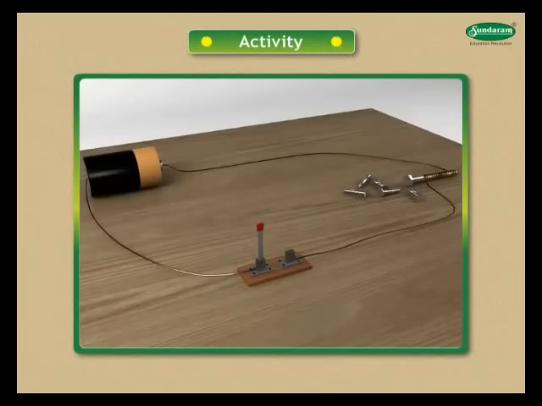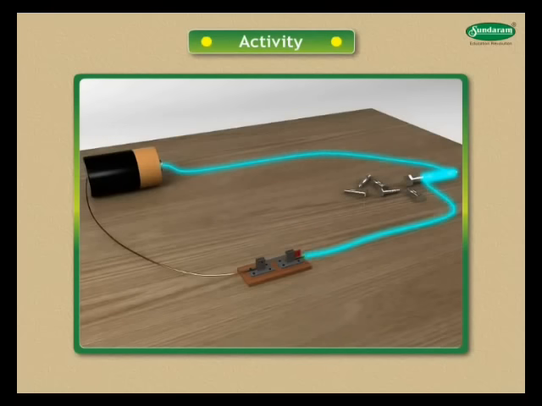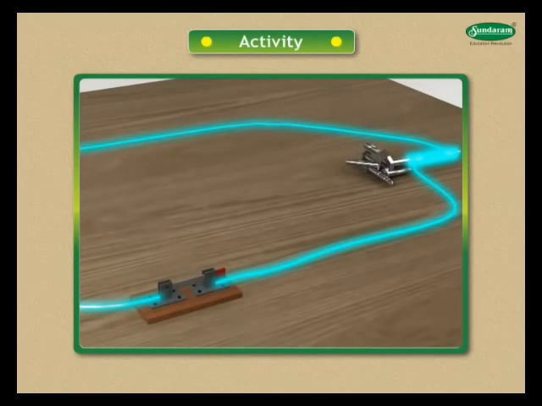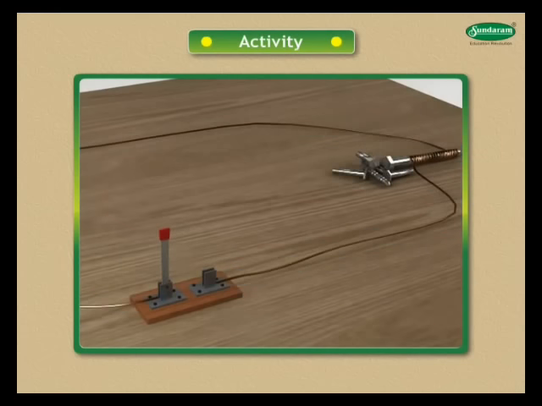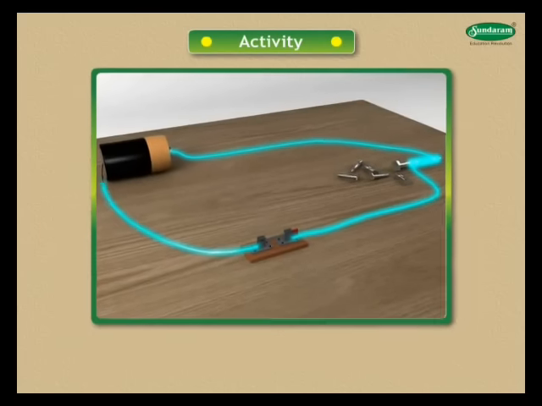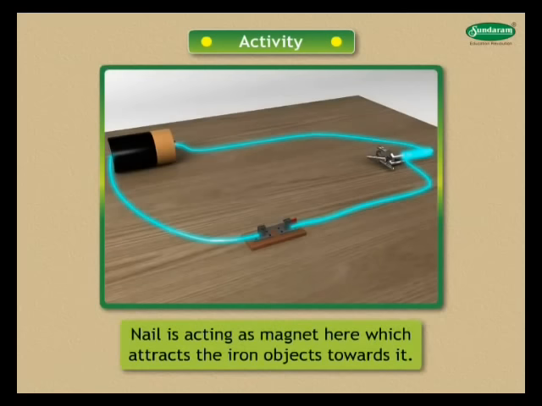Activity. Wind the insulated wire tightly around the nail in the form of a coil. Connect the free ends of the wire to 2 terminals of the cell for a few seconds. Bring small iron pins near the tip of the nail and observe. Disconnect the wire ends and observe. Even after disconnecting the wire ends, pins get attracted towards the tip of the nail. Repeat the above steps again. What do you conclude? We can see that the nail is acting as a magnet here which attracts the iron